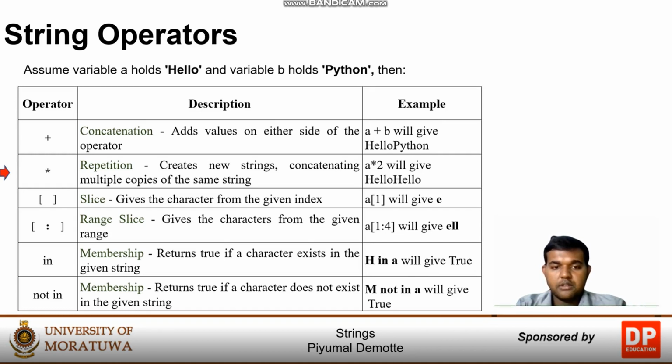We also discussed the square bracket operator or the slice operator, where we can access characters of a string given an index. a within square brackets 1 will return the character at index 1 of the variable a, which is the character e. The range slice notation would be used to retrieve substrings or a set of characters from a given range. If we want to retrieve a substring of a variable a given the range 1 to 4, we can use